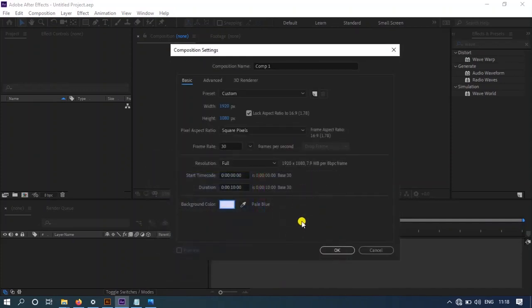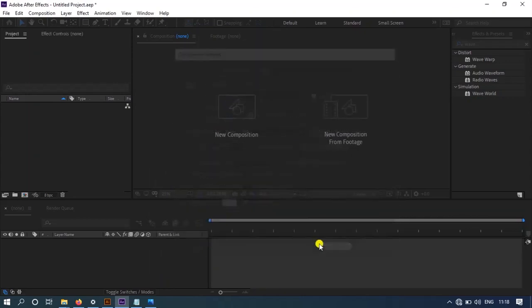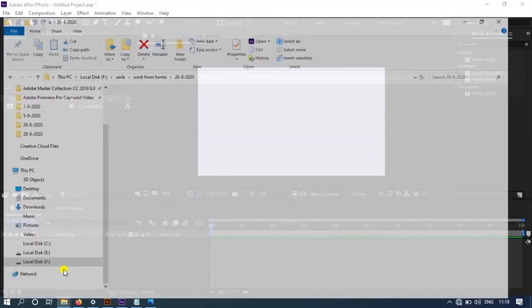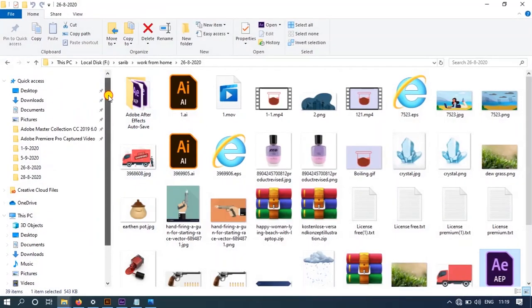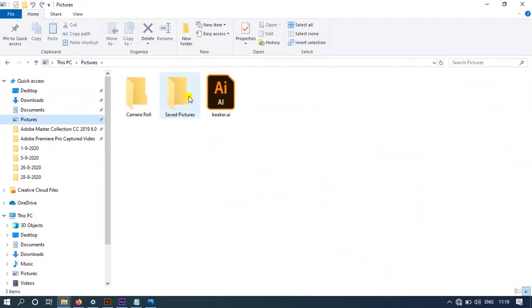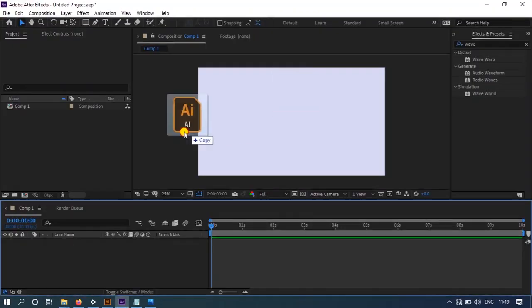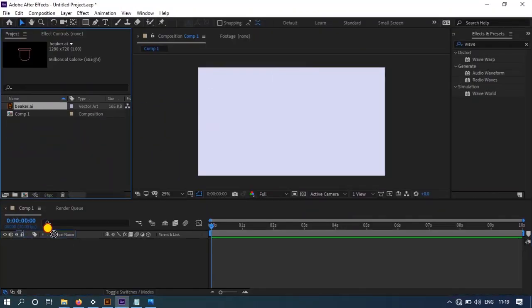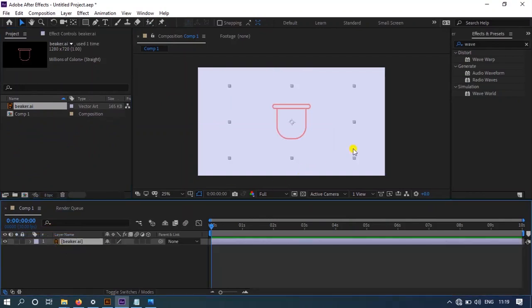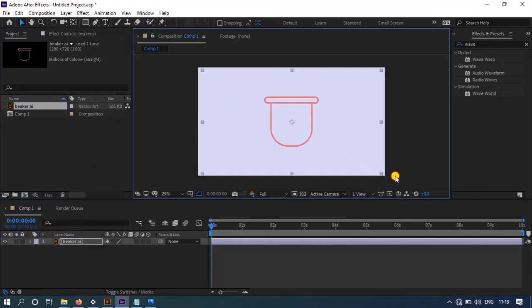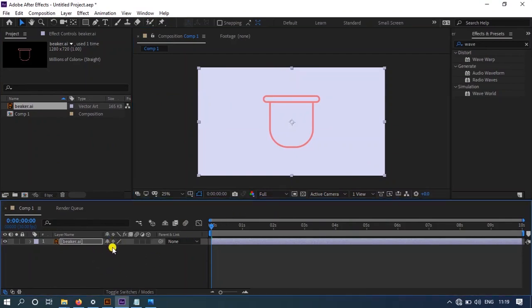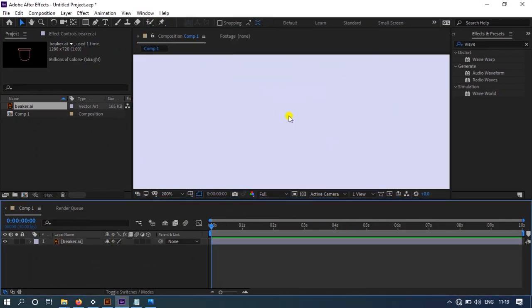Now click on OK. Now drag your Adobe Illustrator file, which is our beaker, into After Effects and drag this layer into the timeline. And don't forget to click on this icon so you don't lose the quality of this layer.